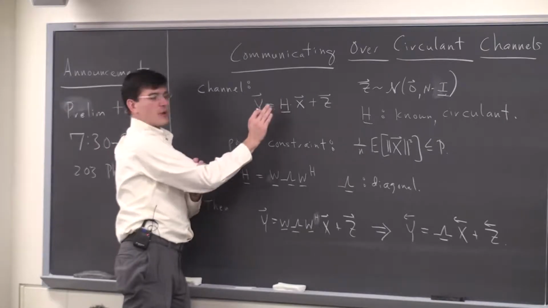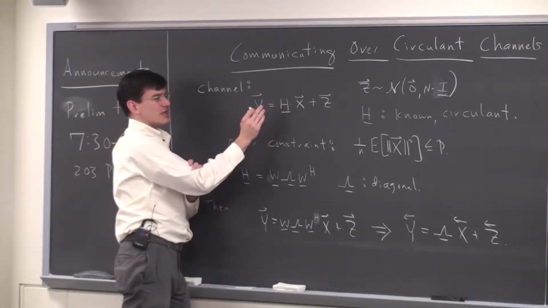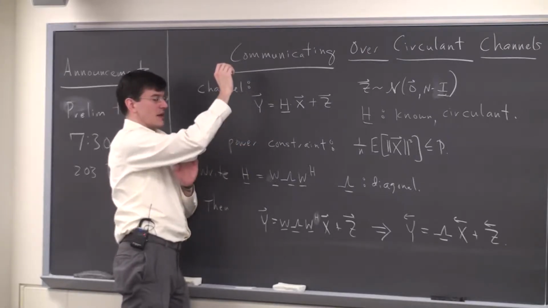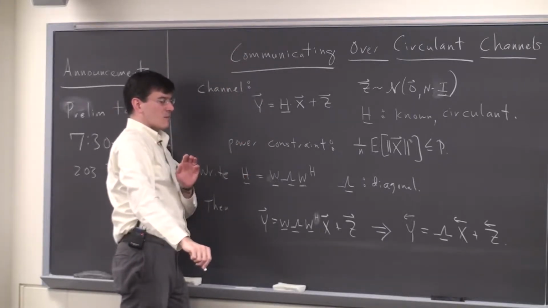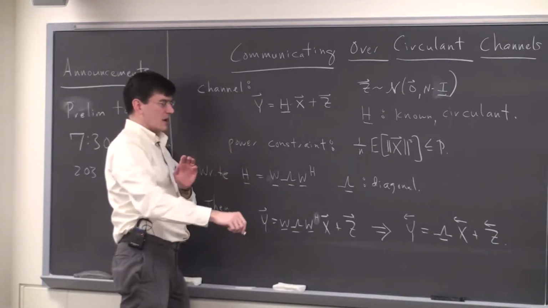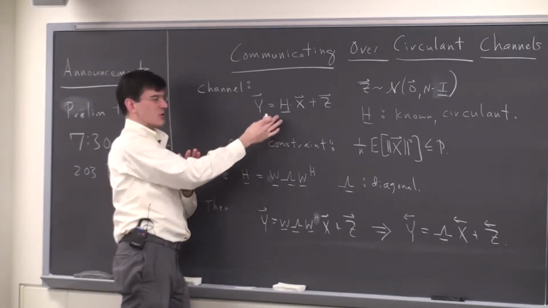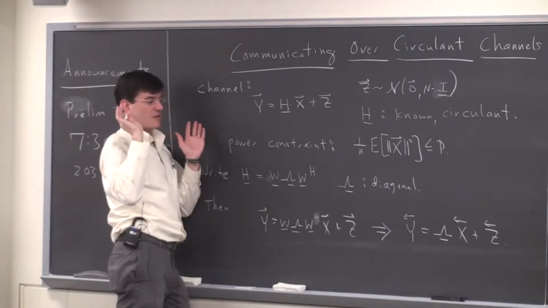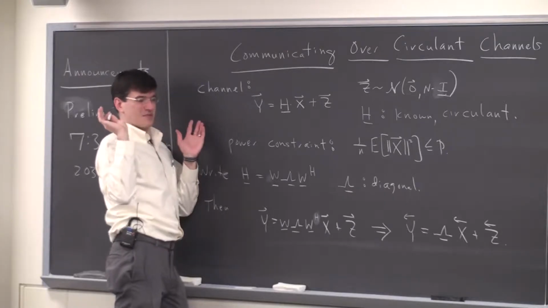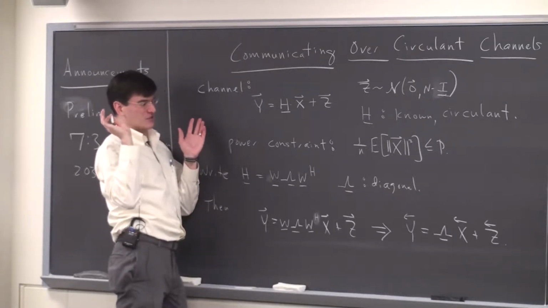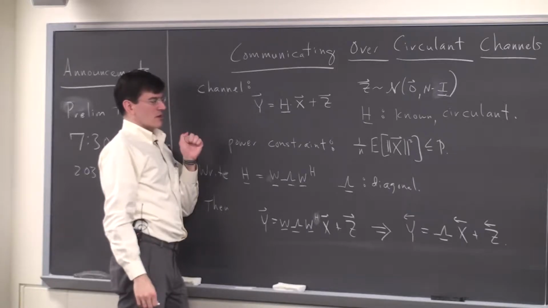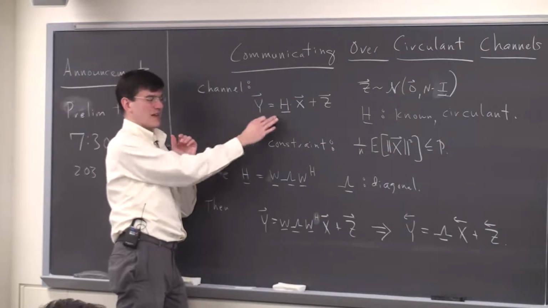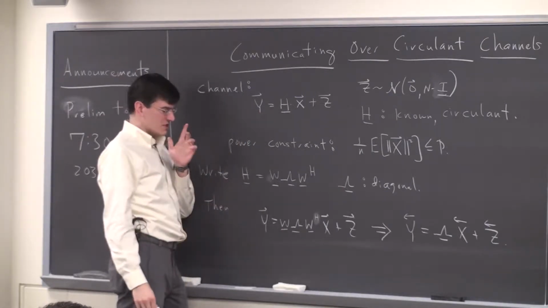Earlier we handled the case where H has no ISI, so it's a diagonal matrix. It might not have identical entries in all the diagonal components, but the matrix is diagonal. Then we moved on to talk about ISI, so what do you do when H is not diagonal? Conceptually the SVD can solve all that for you. In practice, the SVD is a really complicated, expensive computation to do, and applying it requires the encoder to have a pretty good handle on what H is, which in practice can be a little bit hard to achieve.